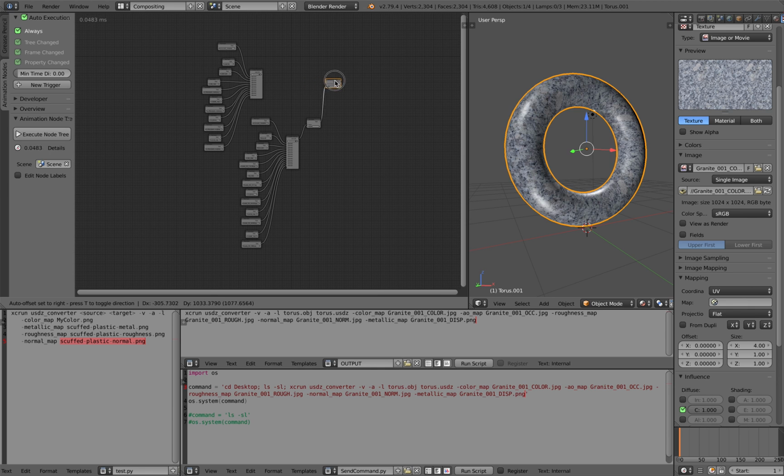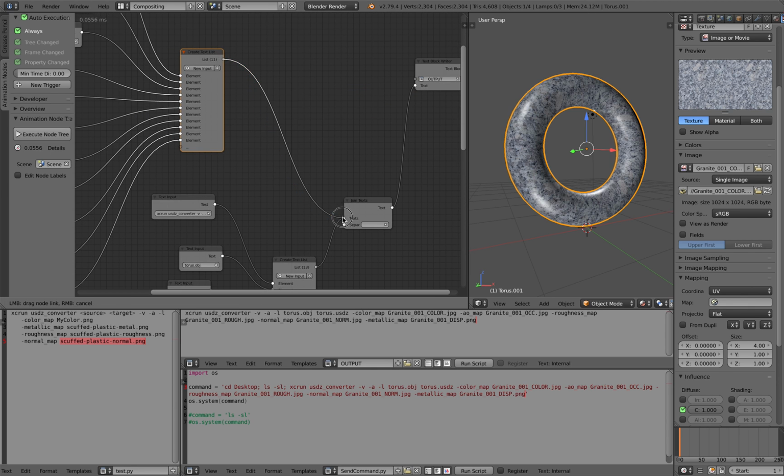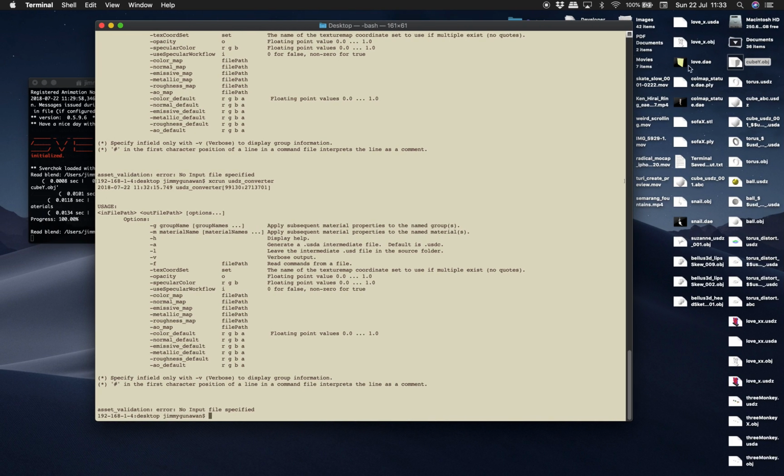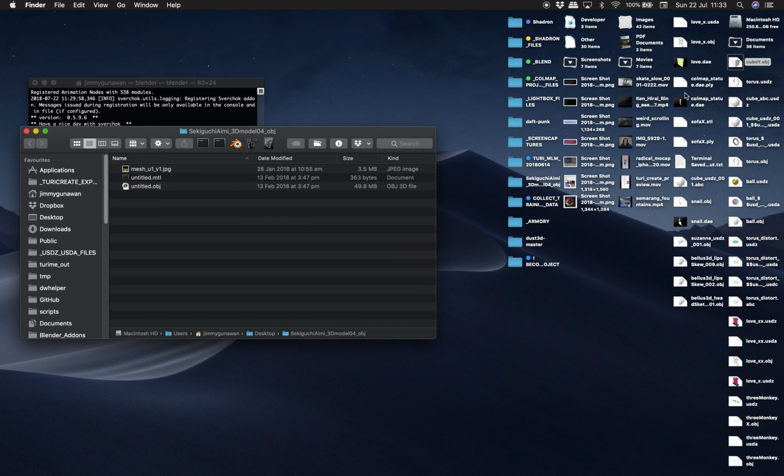If I plug this to the correct one, there we go. So now we have a single command line with all this tagging, etc., and it's pointing at this scuff plastic material. So I have this on the desktop. It's very messy at the moment, but I have